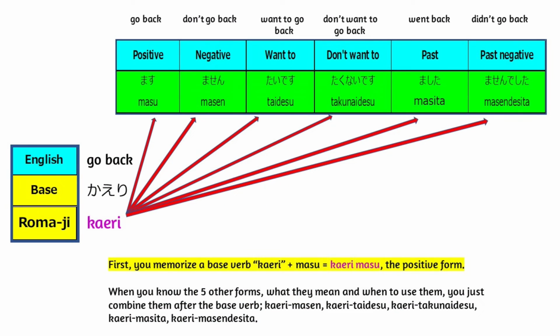Base verb for go back is 帰り, so you memorize ます form first. 帰ります。Later, you can practice other 5 forms. 帰りません。帰りたいです。帰りたくないです。帰りました。帰りませんでした。